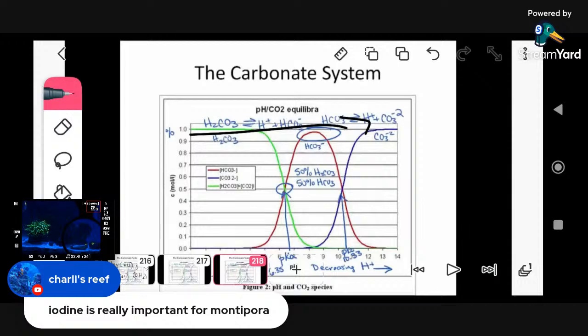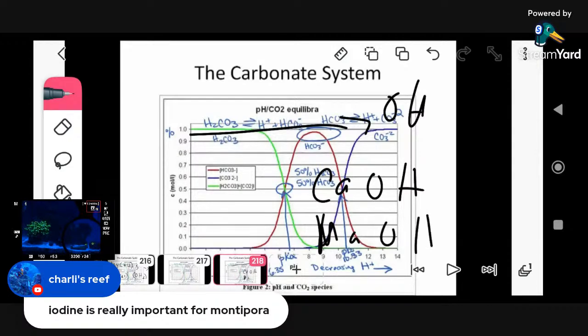Okay, guys? But there's a but. The safest form of adding a hydroxide is calcium hydroxide, or kalkwasser. You could also use sodium hydroxide, but you've got to be really careful because that will kill your coral if you overdose it. Remember, after this point, you're going to kill your coral really quick and easy. All right. And then there's also potassium hydroxide. I'm missing one. Sodium, potassium. Oh, and magnesium hydroxide.